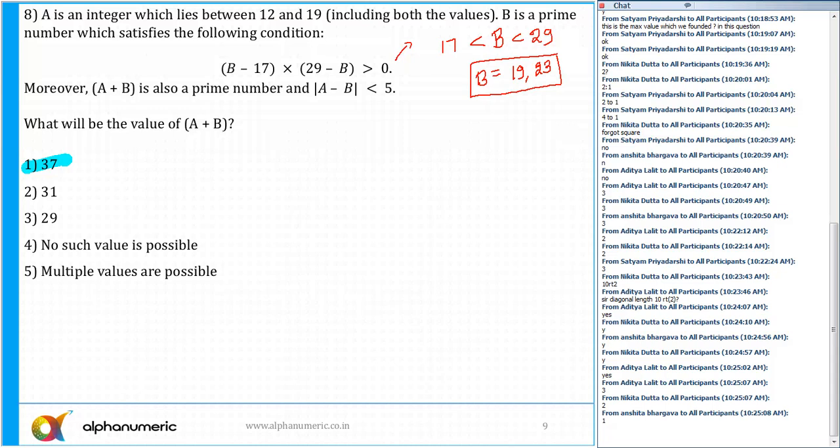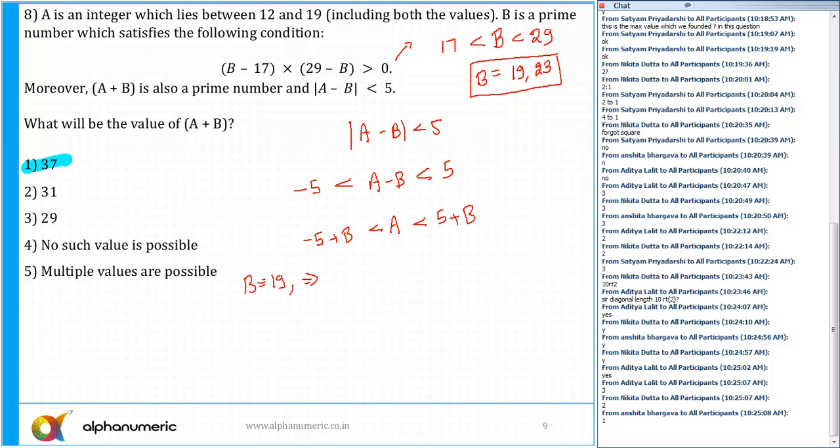Second equation: moreover, A plus B is also a prime number and mod of A minus B is less than 5. So I can say that A minus B will lie in the range minus 5 to plus 5. So A will lie in the range from minus 5 plus B to 5 plus B. So if B is equal to 19,